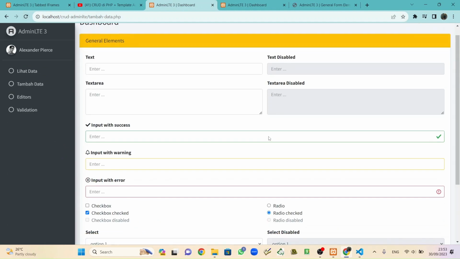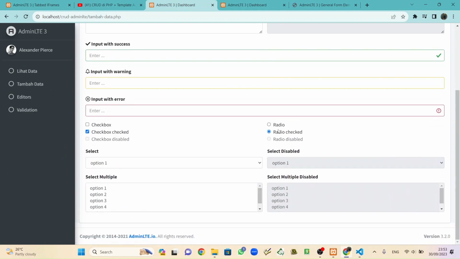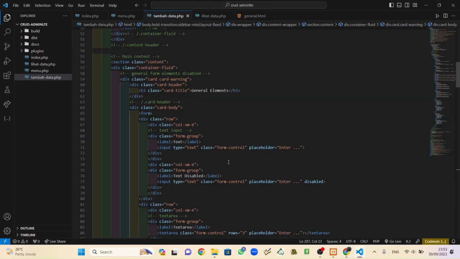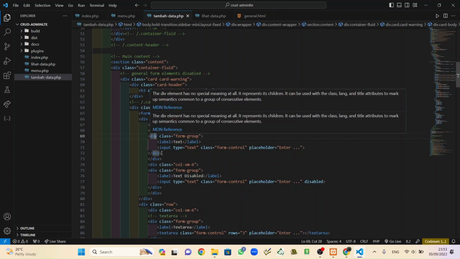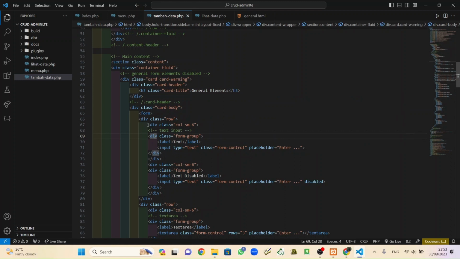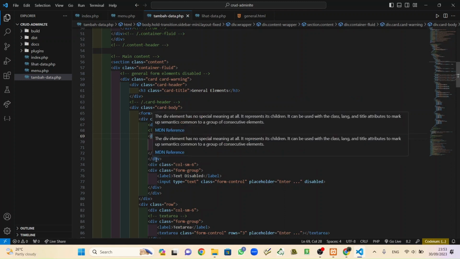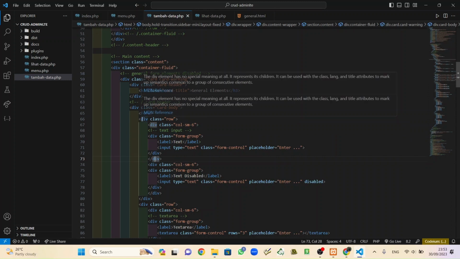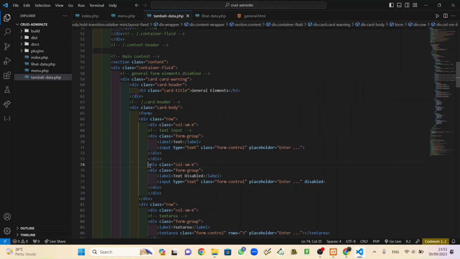Refresh. Now that's appear. So the first one we will remove again all the things except this, except text and this enter. So we will keep this and throw all things from this until below.